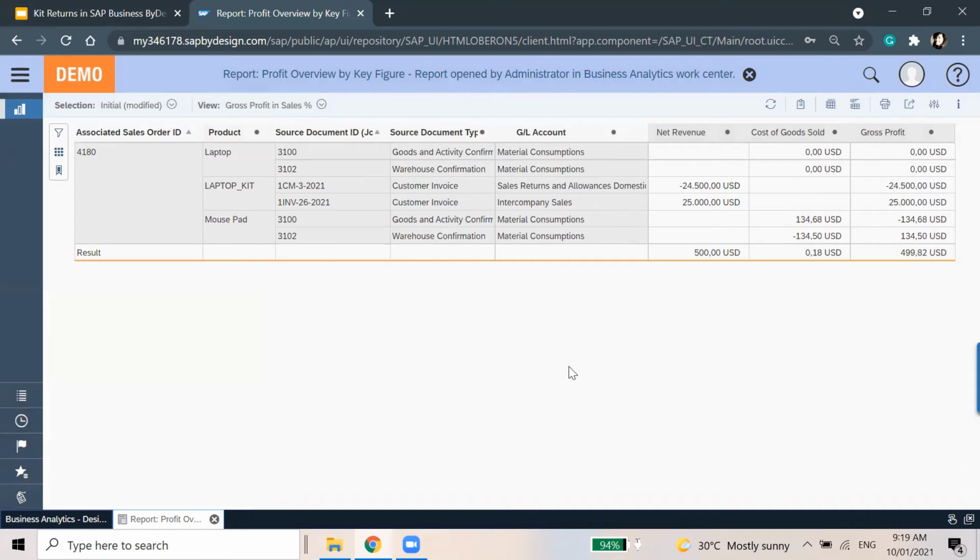Okay, here it is. Here we can see all the activities related to that sales order ID. First, there was the customer invoice with 25,000 US dollars, and the refund is 24,500 because we deducted 500 US dollars. Let me see why the quality fees are not showing here.